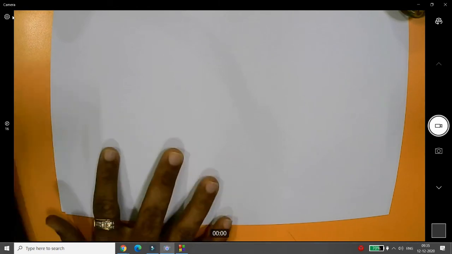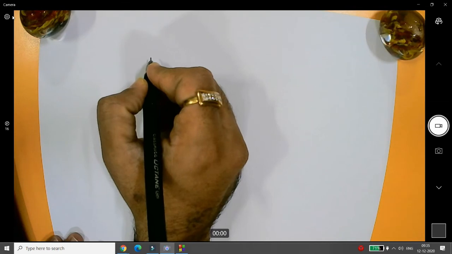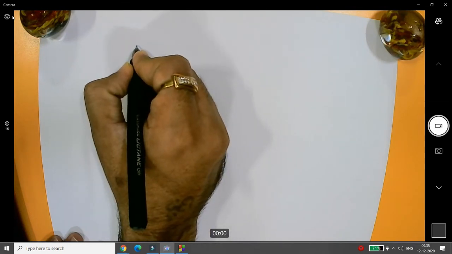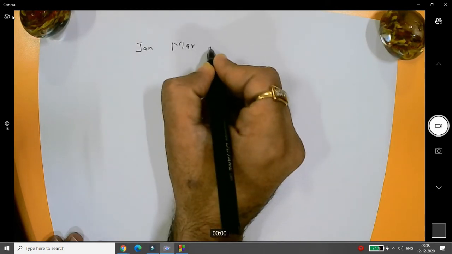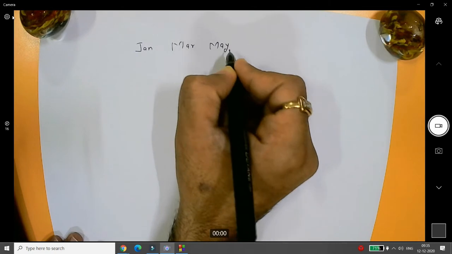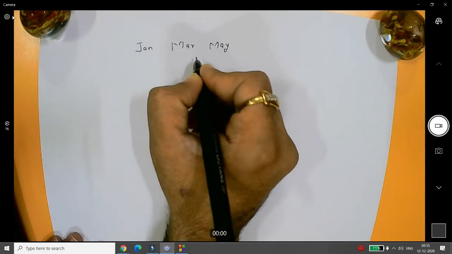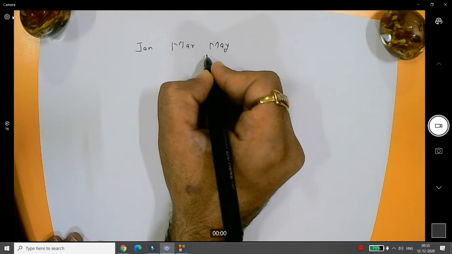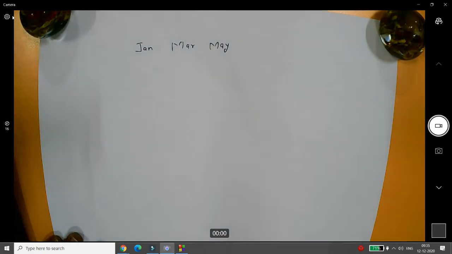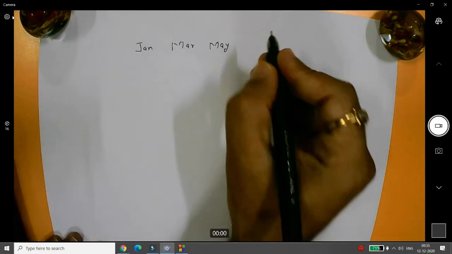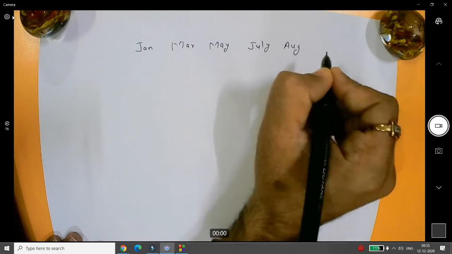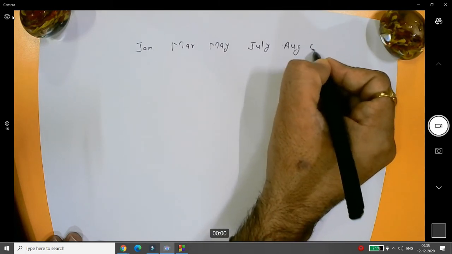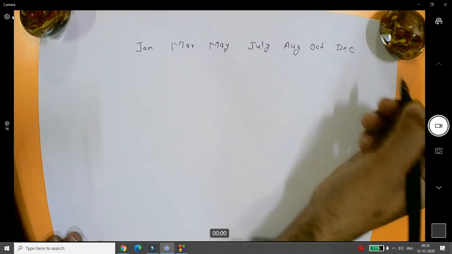One more thing that you need to test. You simply need to check, for example, if the month is January, March, May, July, August, October and December.